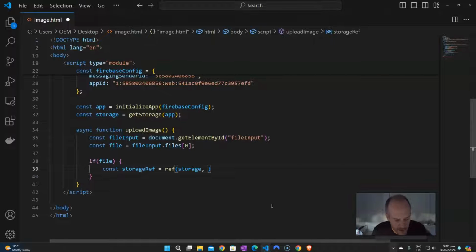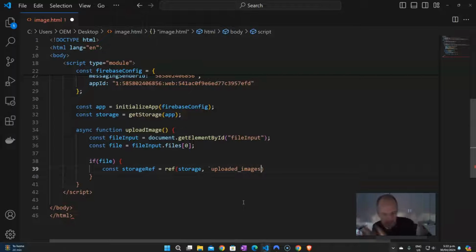So I'm going to use backticks here because this is what's called a template literal. So I want to actually put a variable in here, and so using logic like that, this is not a quote, this is not speech marks, right? This is a backtick, and this allows me to actually use a bit more logic or JavaScript inside that space. So I'm going to firstly name the folder. I'm just going to call it uploadedImages. You can call this what you want, but that's the name of the folder that I'm going to put my